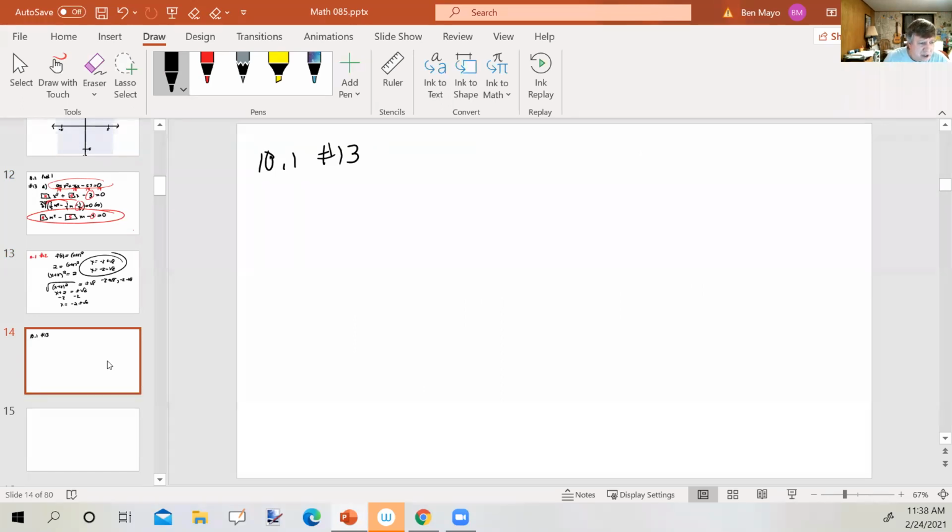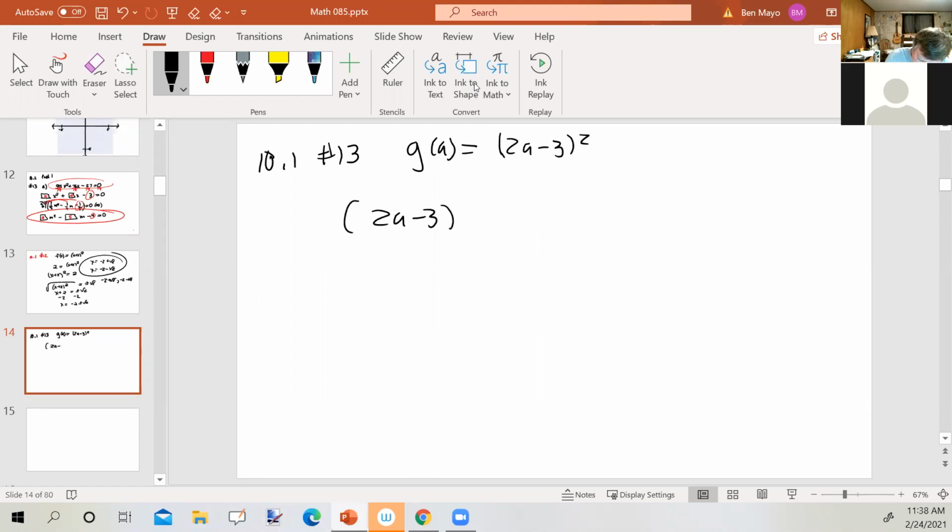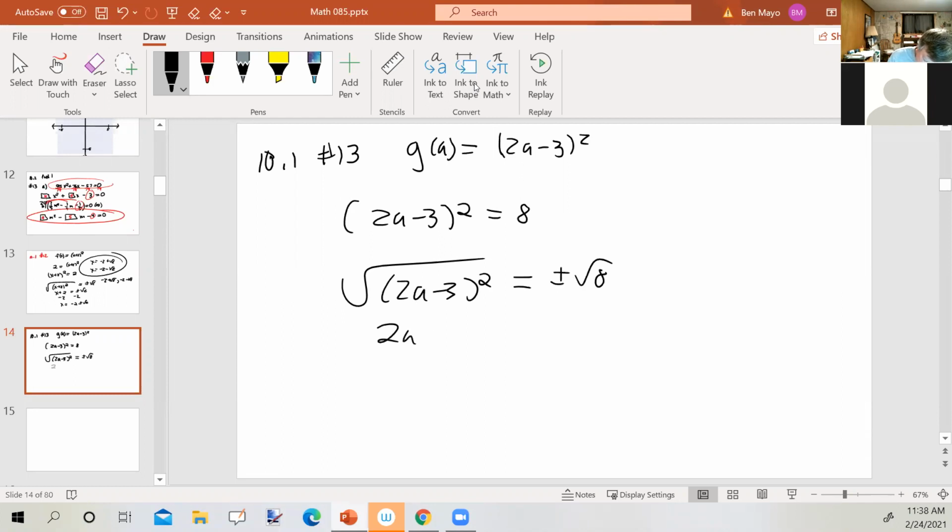It says let g of a equal (2a minus 3) squared. For what values or value of a is g of a equal to 8? So basically we're going to have this equals 8. We're going to replace g of a with 8. We're going to take the square root of both sides. We're going to get 2a minus 3 equals plus or minus